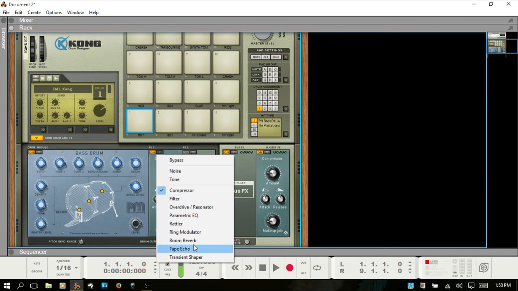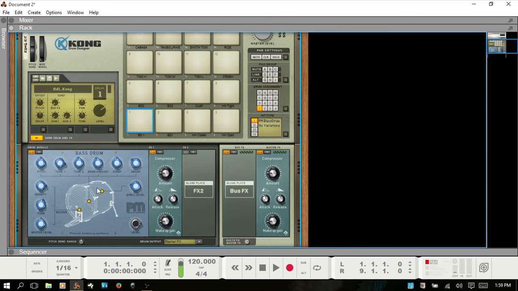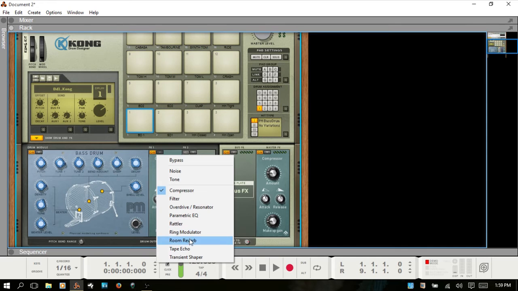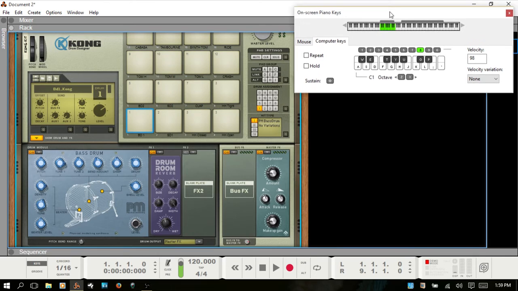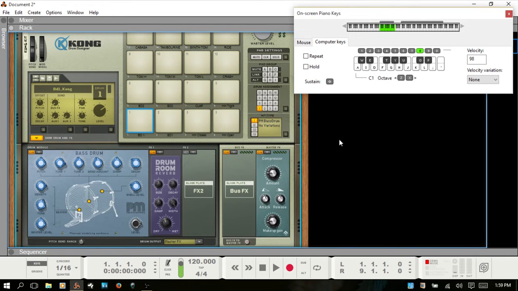You've got a lot of different effects to choose from, and again, we could spend a couple hours going through all of these, and I won't do that, but the same as with playing around with the settings in the drum module, I'd recommend going through each of these and just doing some tweaking. I'm going to hit F4 and bring up my on-screen piano keys to make triggering these pads a bit easier. Your dry-wet mix, size,